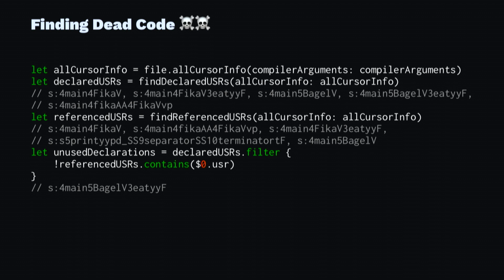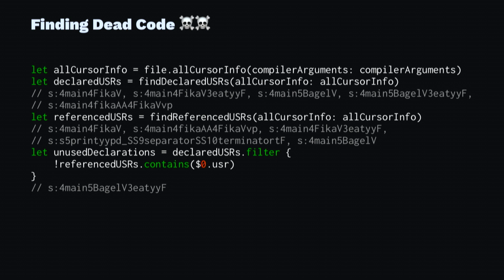So you declare a struct, you declare a function, et cetera. And then we saw earlier with the index call, we can find out what the unique symbol resolution identifiers are for all those declarations. So you just make a big list of all these IDs of things that are declared in your code base. From that,